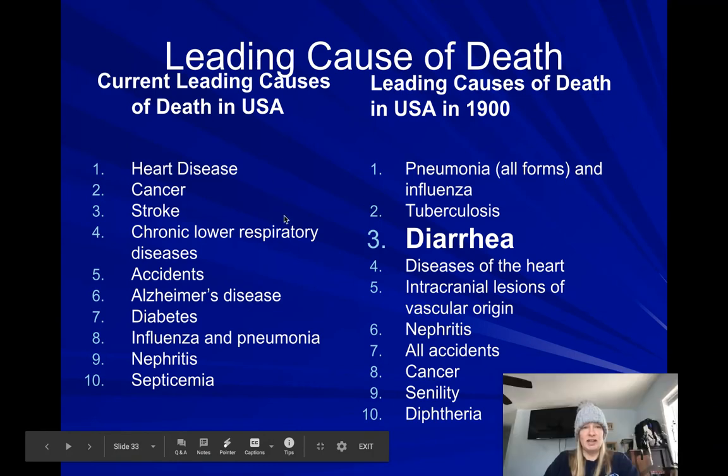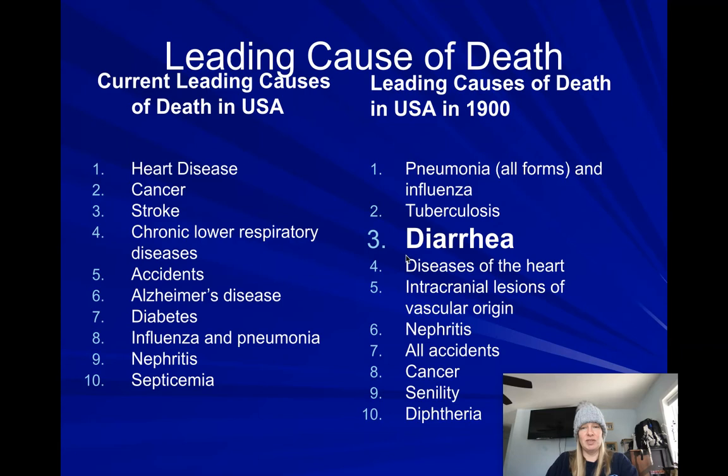Notice the leading causes of death in the US in 1900: diarrhea was number 3, and it's not even on the list now. The reason for that is we now have water treatment, and our water treatment has really taken care of that. So that is waterborne diseases, connecting it back with poop and human health impacts, not so much environmental impacts. I hope that was a helpful explanation.